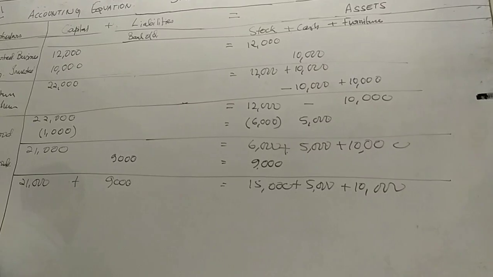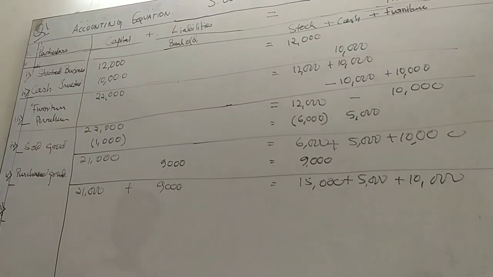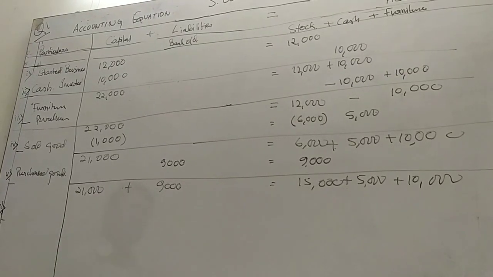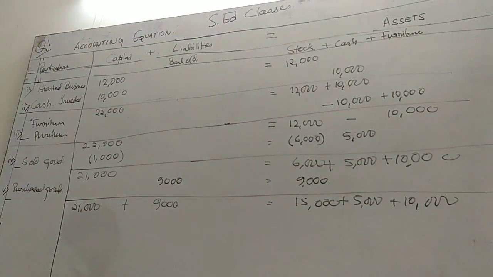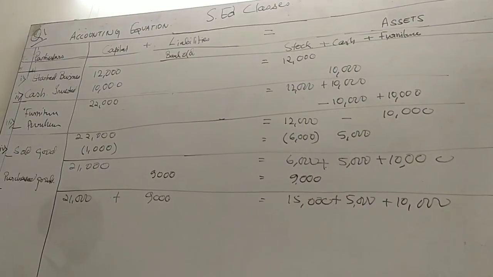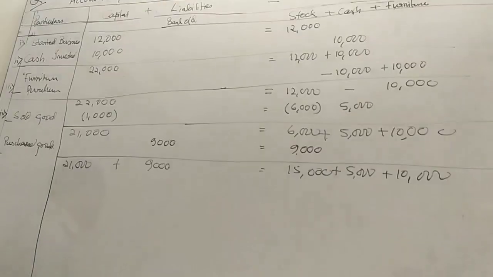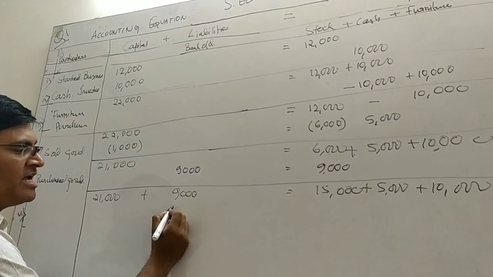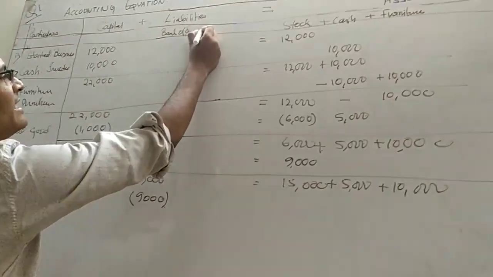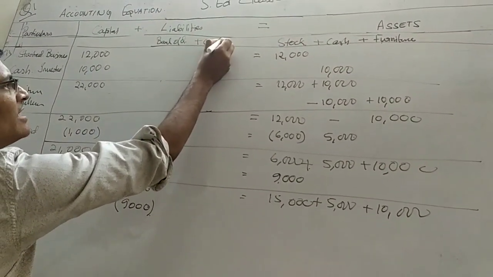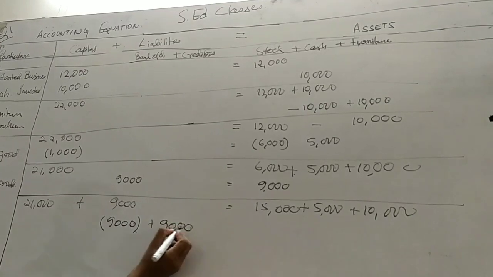Next is issued check got dishonored due to lack of funds. Issued check, achha, we will take that also. The check got dishonored, which means this bank overdraft is no more required. But creditors have increased. We will be paying him later on. So our creditors have increased. This has affected both on the liability side.